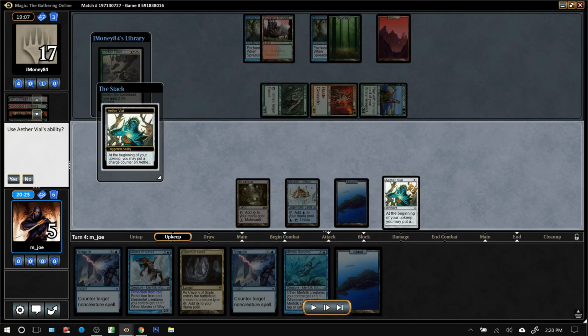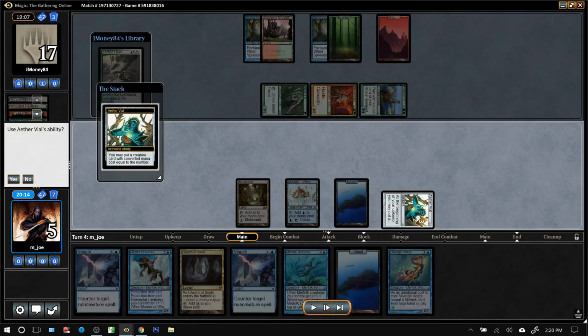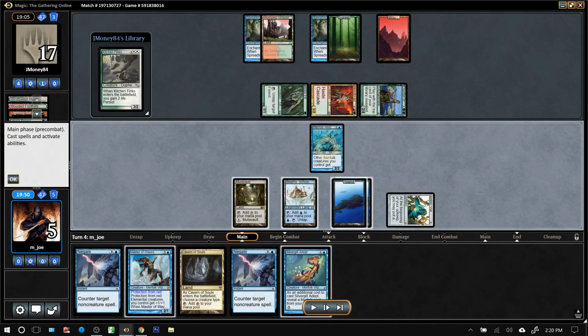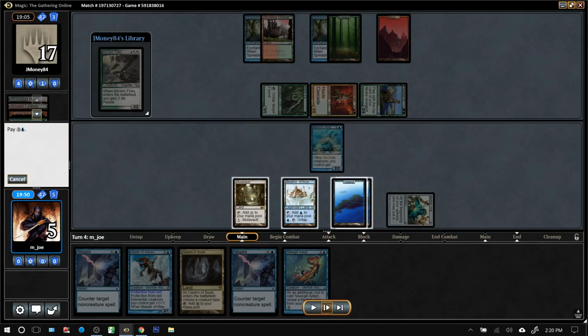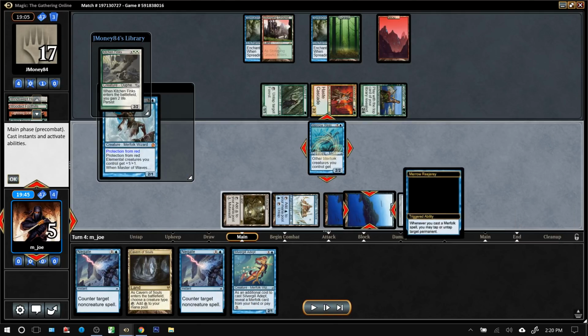I'm going to take the AEther Vial up here. Unfortunately, we drew a Silvergill Adept. It would have been great if we had AEther Vial on 2 still, but let's get this guy on the board. I'll play that land and just jam this Master of Waves. I'll try to untap an island even though I have nothing to do with it. Okay,